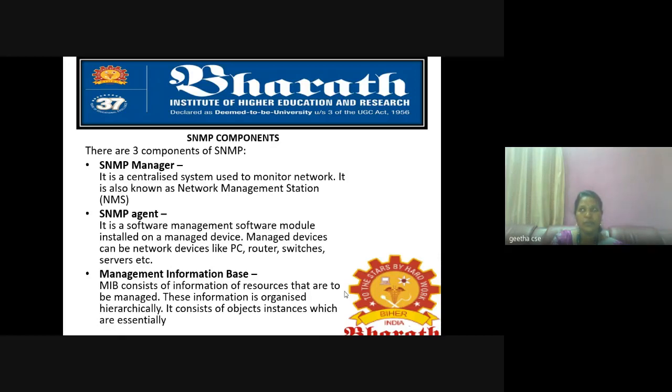Through the hierarchical order, it will maintain proper delivery, management and maintenance of the data. It also has an SNMP agent and an SNMP manager. It's a centralized system used to monitor the network, and it has the agent. As it is maintaining, it will be having communication with